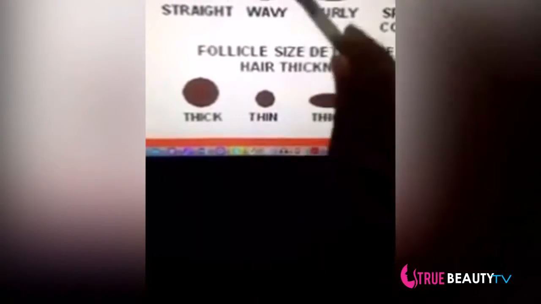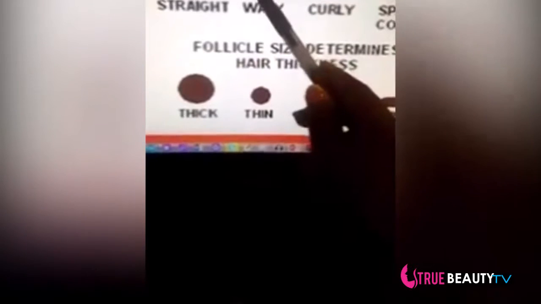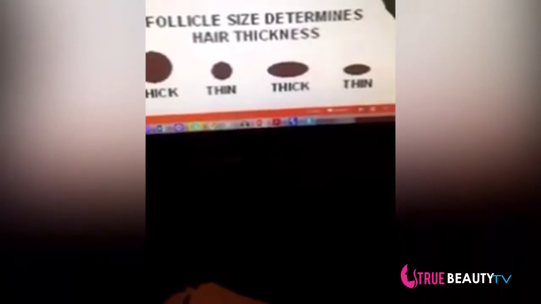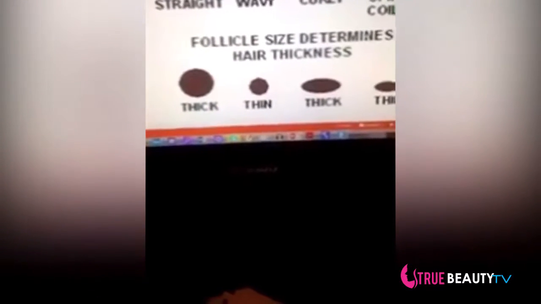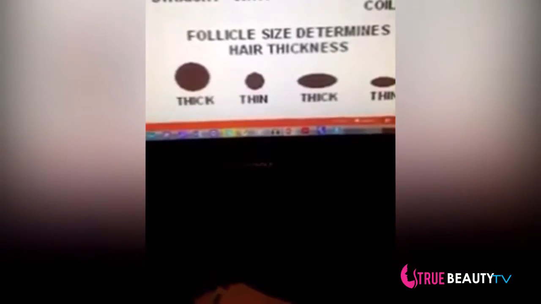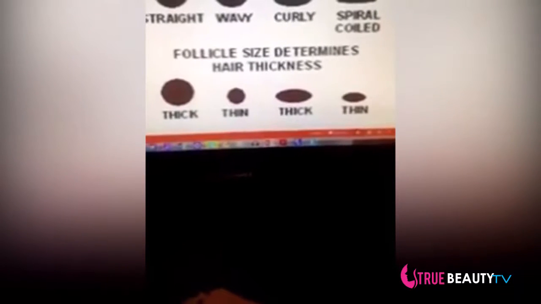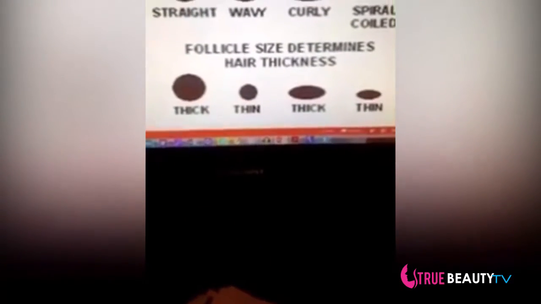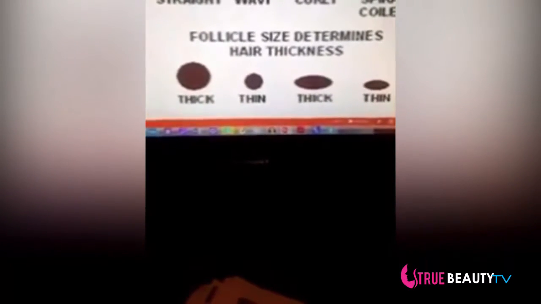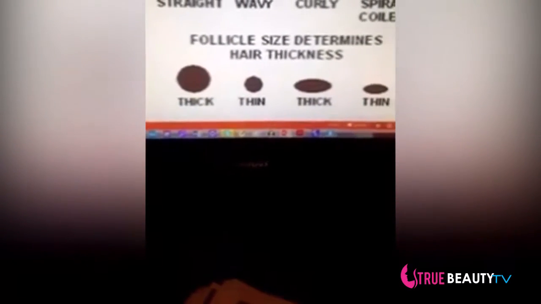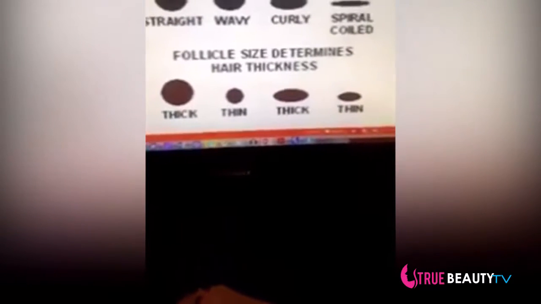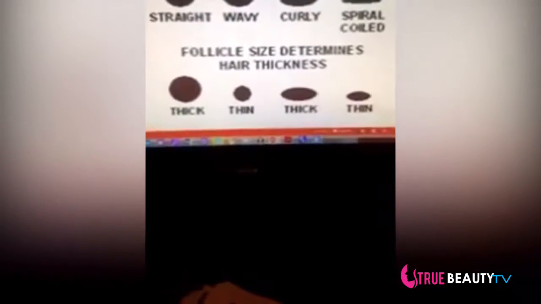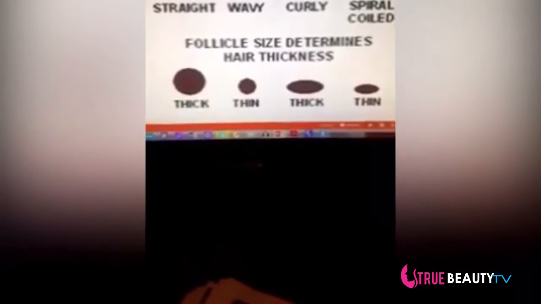Then wavy hair is a little flatter, of course, but it's still round. Your curly hair gets a little flatter, and so your spiral coil also gets a little flatter. The flatter the hair shaft becomes, the curlier the hair gets, because the shape allows more cysteines to become compact together, resulting in a bent shape that becomes curly in form. So learning the follicle shapes or the hair texture is so important when it comes to